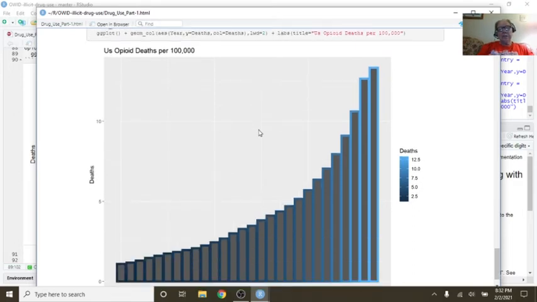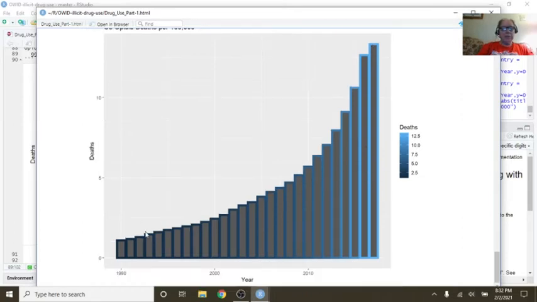Huh. So, a little more data exploration, a little better understanding of the data. It's also helpful to read the description of the data, or what's it called, the code book, or whatever you call it, when you're looking at data. All right, we could of course plot this out as a total number of deaths. These, by the way, are the 100,000 deaths per year. Okay, so there's one column for each year here.